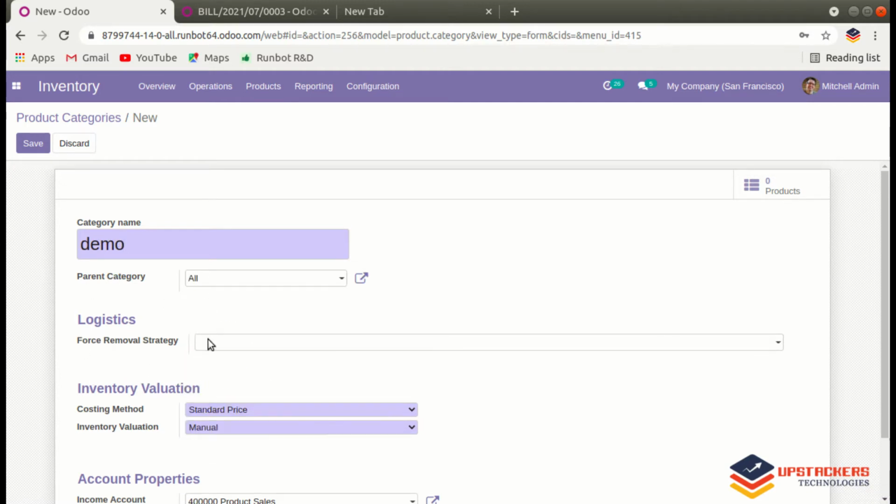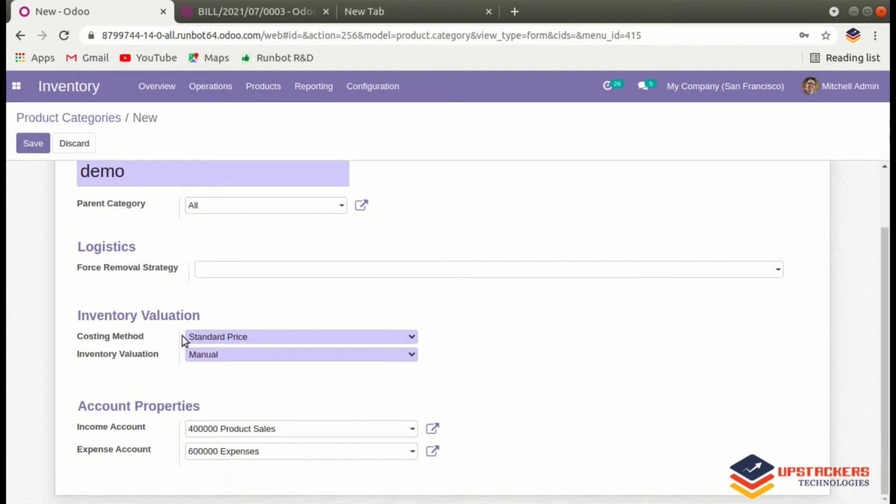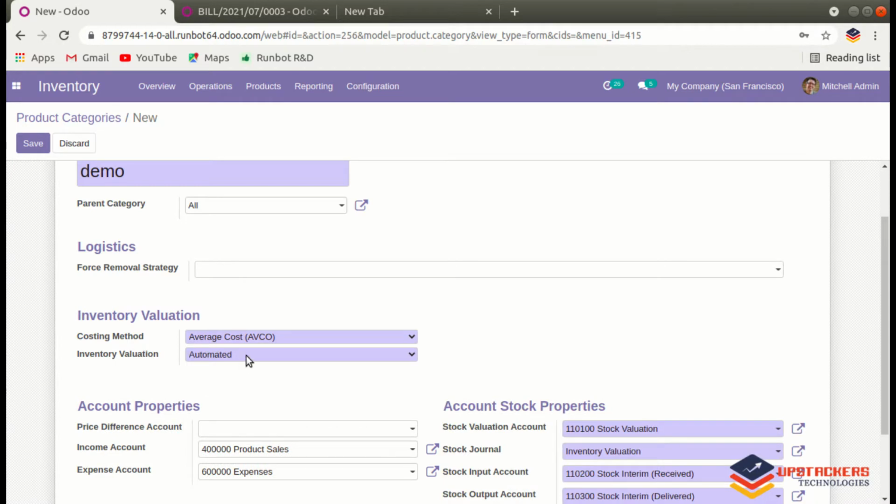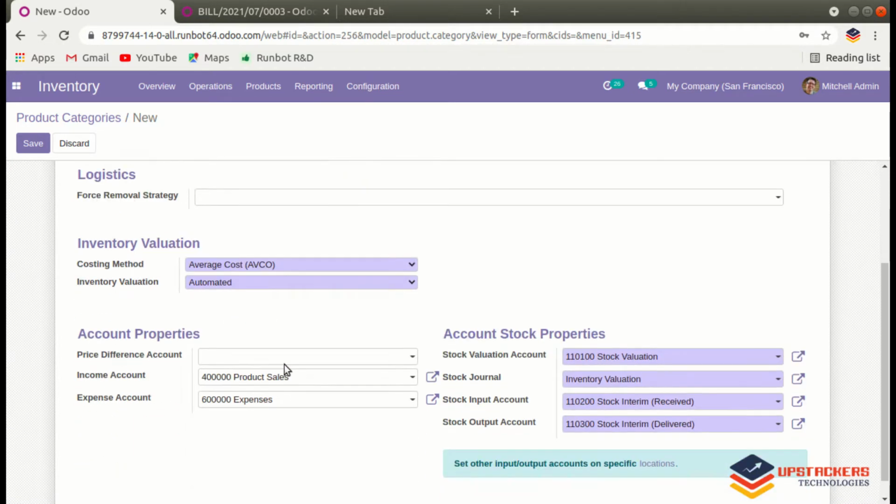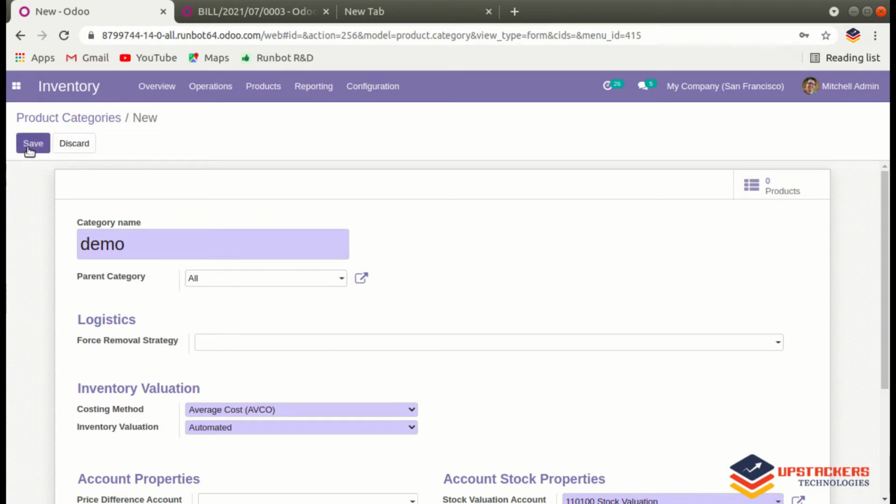Here you can add your force removal strategy, and under the inventory valuation, the costing method, you can set FIFO or average cost. So let's first set average cost, and the inventory valuation must be set as automated for landed cost. So save.